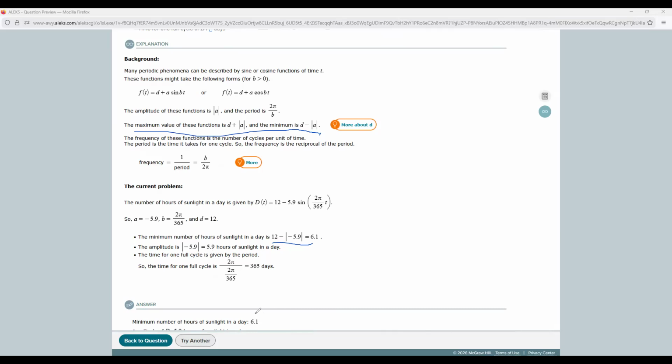So it's just formulas, but it's more conceptual. So understanding, okay, what is the period? What is the amplitude? And what does that mean? Right? Amplitude is the highest and lowest of your graph. In this case, it represents something in real life. Okay,